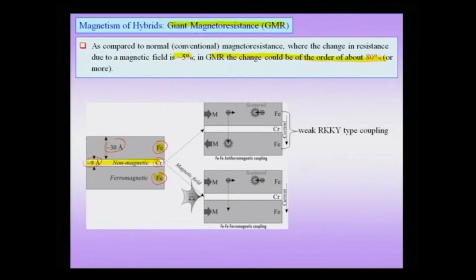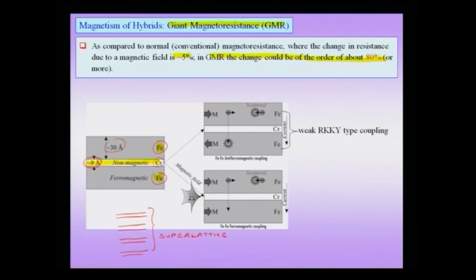Instead of making one single sandwich structure like this, you could actually repeat this structure to form a larger layered structure consisting of these irons and these chromiums, and this kind of multi-layer superlattice structure can actually give you an even higher enhanced value of giant magnetoresistance. But the overall physics can easily be understood by considering only a 3-layer system consisting of two ferromagnetic materials and a non-ferromagnetic interlayer between the two. Of course, as I told you, the non-magnetic layer's thickness is very, very important, and it has to be of a very specific size.